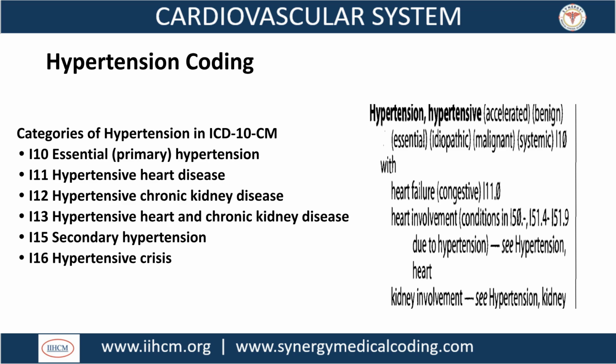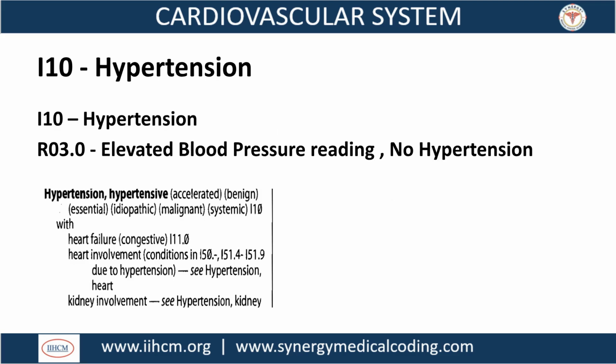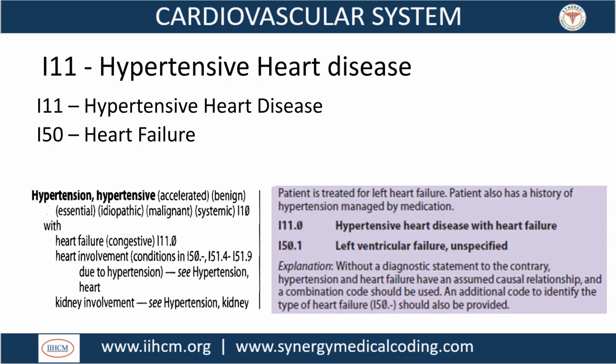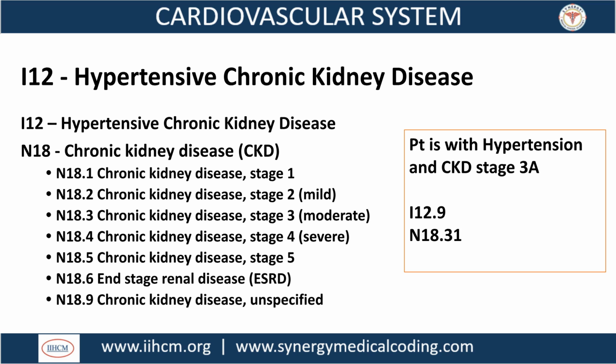Hypertension coding involves several categories, including essential primary hypertension, hypertensive heart disease, hypertensive chronic kidney disease, and secondary hypertension. Code I10 is for essential primary hypertension. R03.0 is used for an elevated blood pressure reading without a formal hypertension diagnosis. I11 refers to hypertensive heart disease, which is often coded with I50 for heart failure, as hypertension is a common cause of heart failure. I12 codes for hypertensive chronic kidney disease, combined with N18 codes specifying the stage of chronic